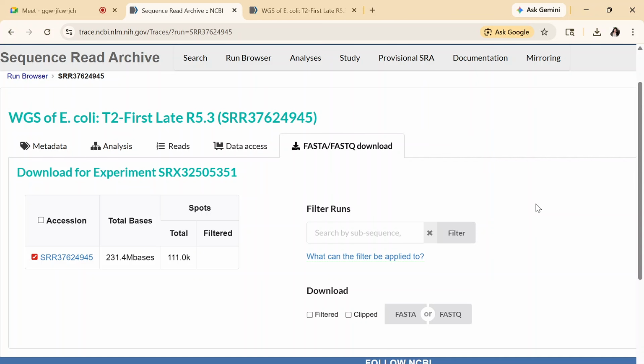Yes, Siddhesh, you are correct. Because in the paired data, we will be reading the same DNA fragments 2 times from 2 different directions. It means we will have more data, which means the NGS machine will have more confidence about the bases. Okay. But for simplicity, we are working with the single end data. Okay, Siddhesh?